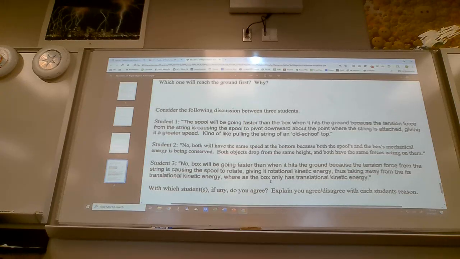Yeah, so the string isn't causing the spool to pivot downwards, it's just rotating the spool and, with gravity, pulling it downwards. I mean, it depends on how you look at it. The tension is making it rotate, but it's not driving it downwards. It's actually preventing it from falling. Causing it to rotate, yes, but it's not like